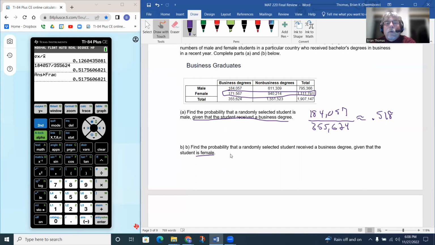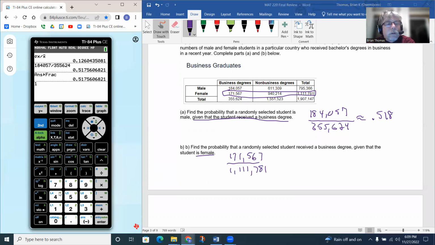That would be 171,567 divided by 1,111,781. So if we put that into the calculator, 171,567 divided by 1,111,781, if I hit enter, that'll give me then this